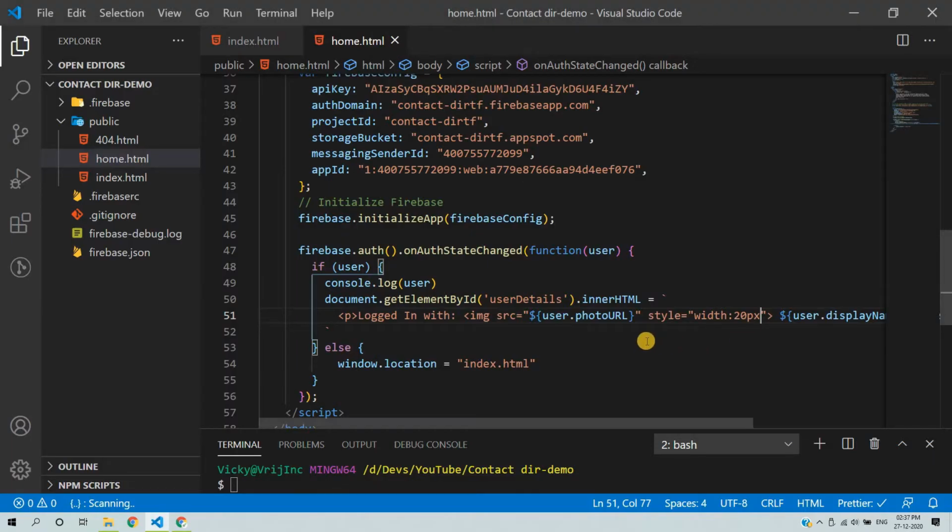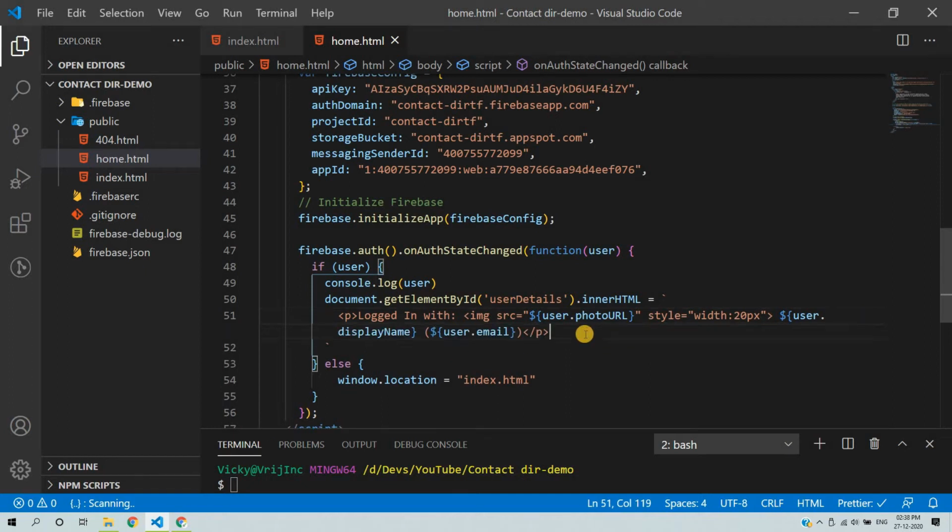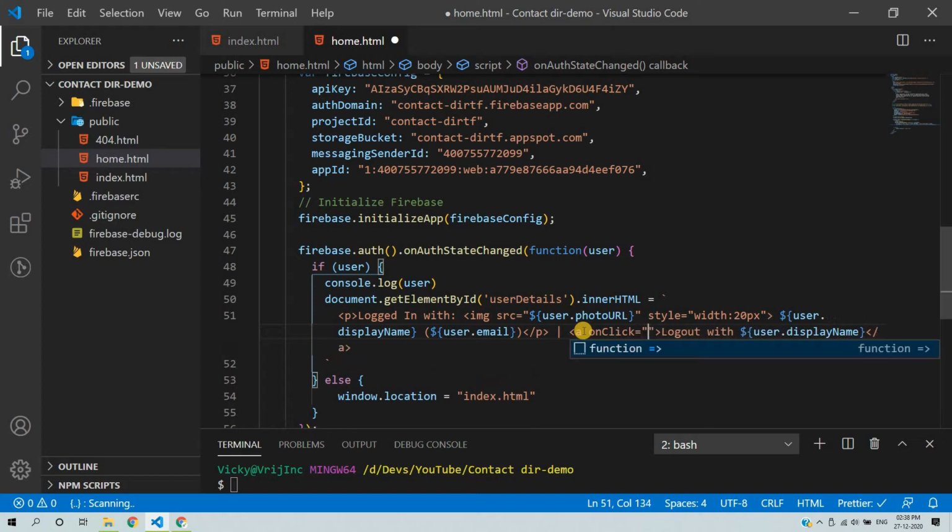So what we will do, we will add an anchor tag. Maybe you can add an anchor tag here, like logout with the username. So logout with the username like this, and here you can use click functionality where you can pass a method.